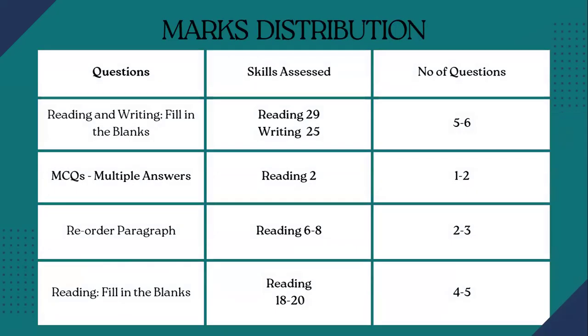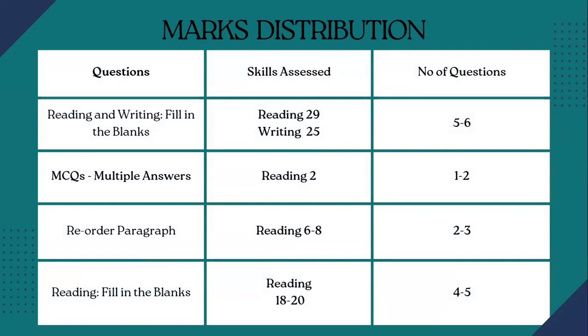Okay. Then you have the reading module. In the reading module, reading and writing blanks will come first, and these are very important considering the score. Reading 29 contribution, writing 25 contribution. This question can help you to pass your writing module, not only the reading module. So you will get 5 to 6 questions of reading and writing blanks, and there are cases where you will get 4 to 6 as well. Then you have